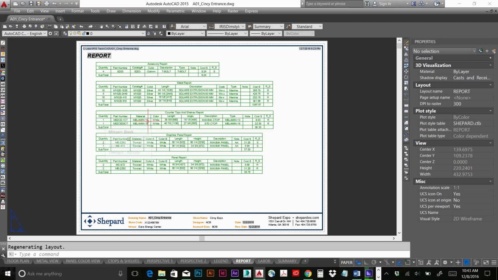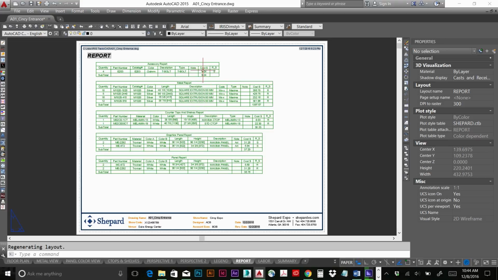Moving on to the next one, this is the report page, and this is the first of 3 pages that we don't send out to the client. What this is it takes all of the parts and everything that we have and gives us a cost associated with them that is actually our cost in order to manufacture them. One of the reasons, the big reason that we don't want to send this out to the client is that